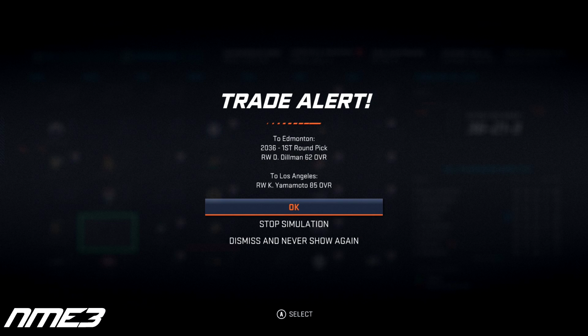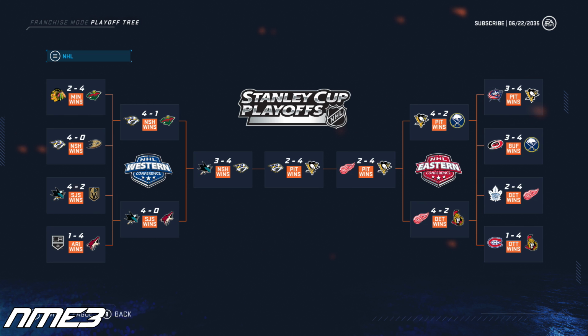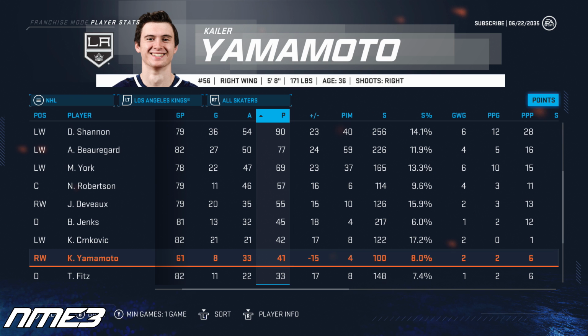So at the deadline, Kailer Yamamoto does end up being traded to the Los Angeles Kings and helps them finish 2nd in the NHL. And in the playoffs, the LA Kings end up being upset by the Arizona Coyotes in just 5 games. Kailer Yamamoto in the season split between Edmonton and LA only played in 61 games and in